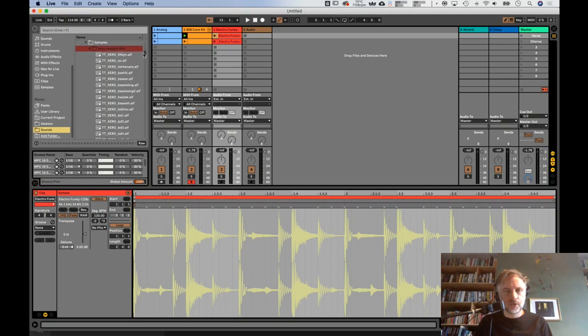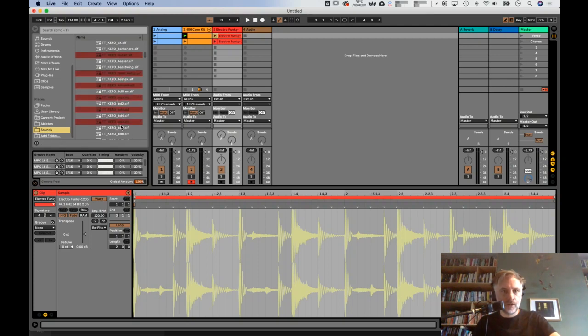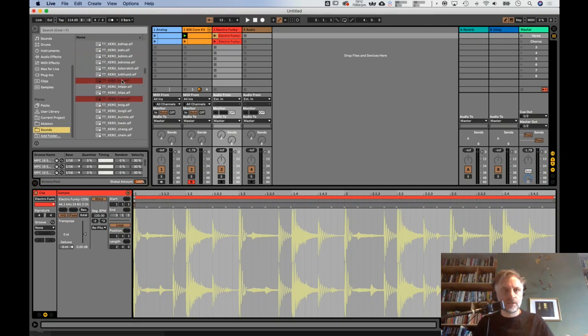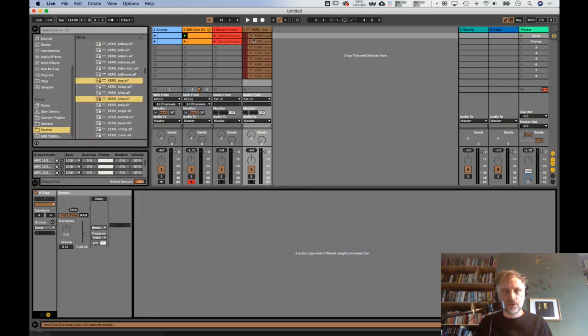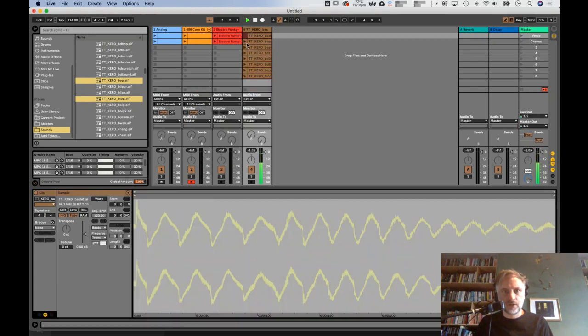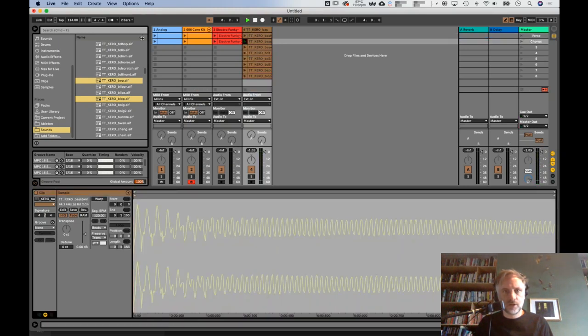What I'm going to do to demonstrate this is select at random eight samples, and then I'm going to drag them all into eight free clip slots. And then if I stop everything else, okay, there's a two-bar lag here. What we've got is